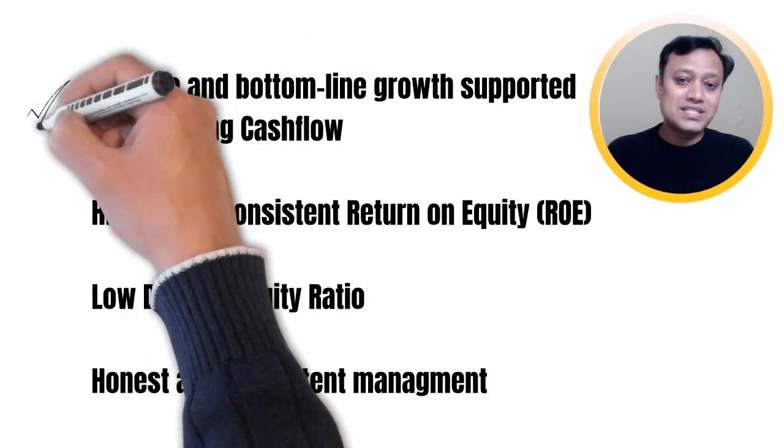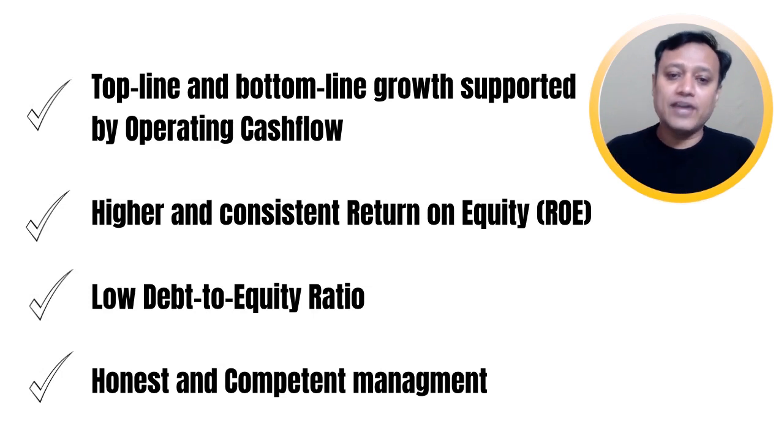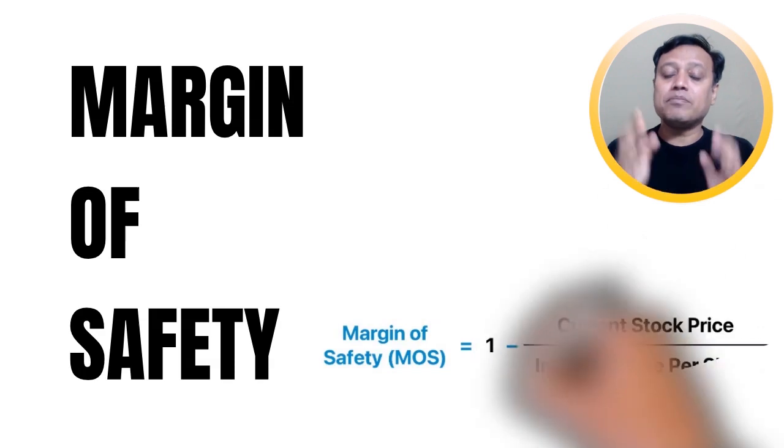If you identify good businesses with this set of parameters, now you need to buy them at a very low price tag. Yes, I'm talking about the right valuation. One of the best measurements to identify a good stock is its margin of safety. When the intrinsic value of a stock is much higher than the market price,